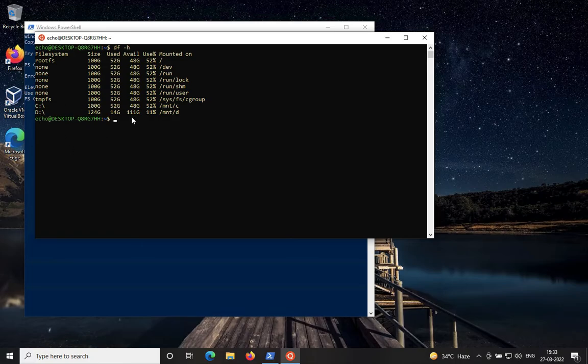It's working like something mounted on this device. That means you can use any drive, and also you get some free space. Like this is my C drive and it has 48 GB available. So that's it. You can do anything. You can test anything